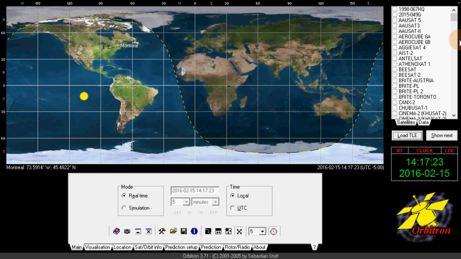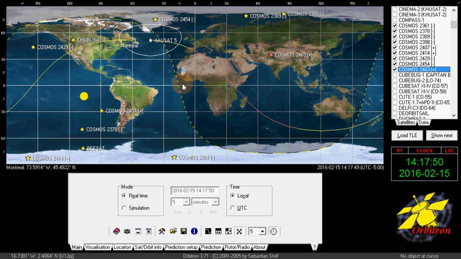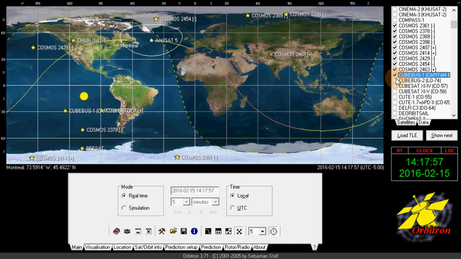So here, if I go fast through the list, I would probably start by clicking AAUSat 5 that I know is transmitting. BSat is another one that's transmitting right now. ChubuSat 1 might be an interesting one. All the Cosmos ones I would put, and you notice that every time you put a check mark, the satellite appears on the map. So the idea is to have as much as possible that's interesting, but not too much to overload the map. CubeBug 1, CubeBug 2,